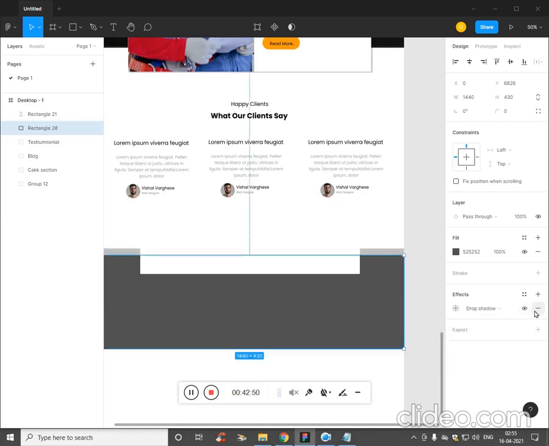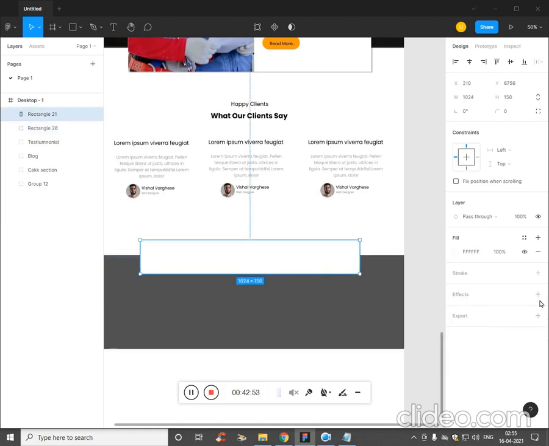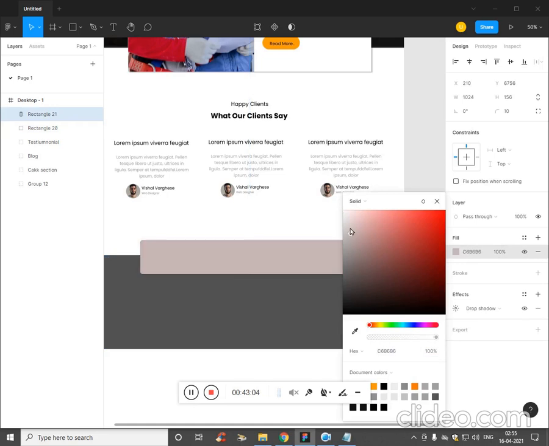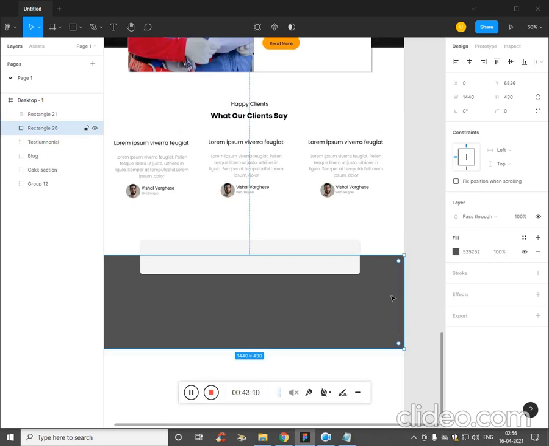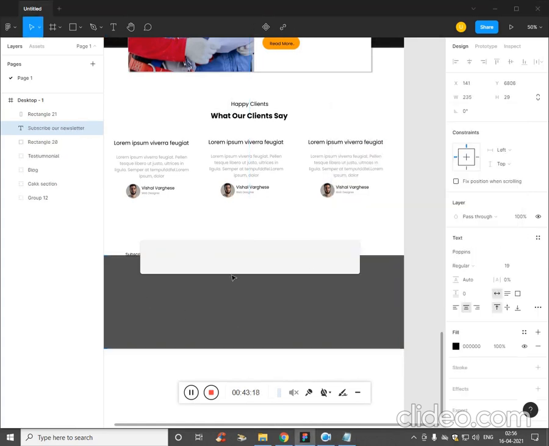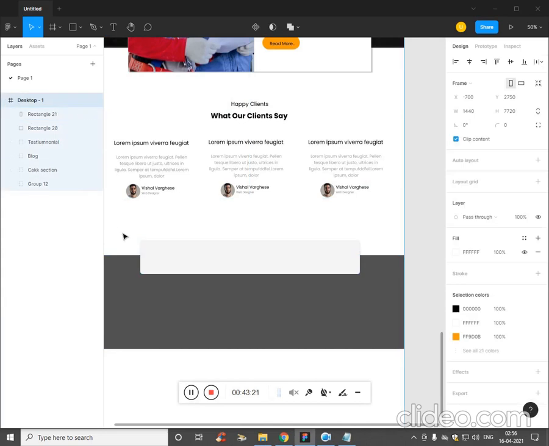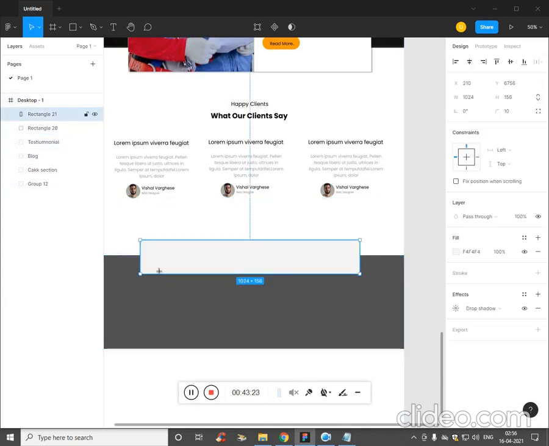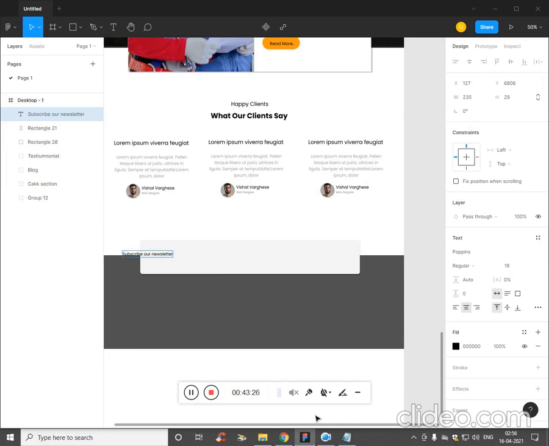Not on this, but to this, add effect and make it rounded. Let's change the color to slightly whitish. Now we need to add the text, and the text is going to be subscribe to our newsletter. Type T, paste it, zoom out. Just above here, type T, and then we have another description, type T,